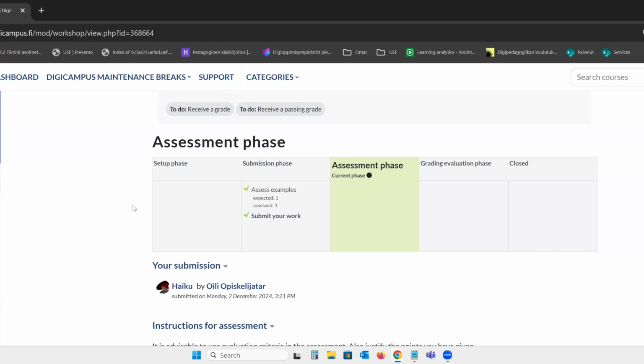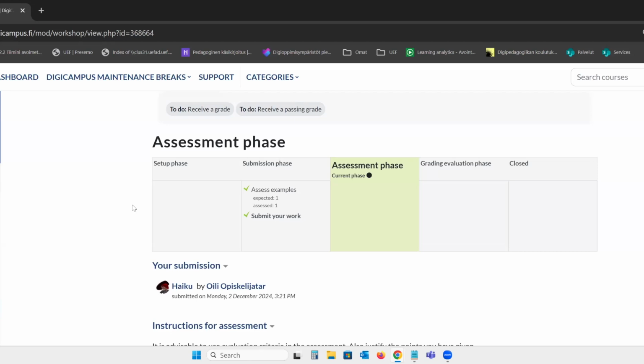And then you can always choose how many other submissions you are giving, for example, 3 other submissions our student has to